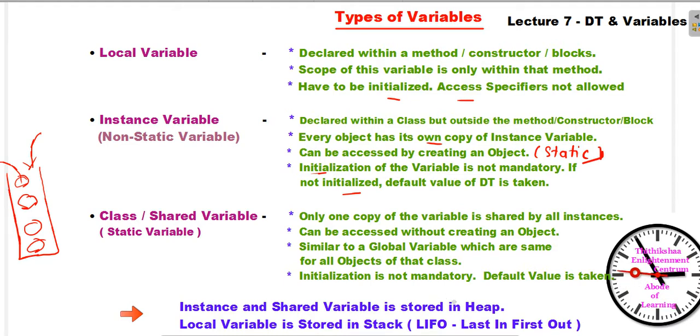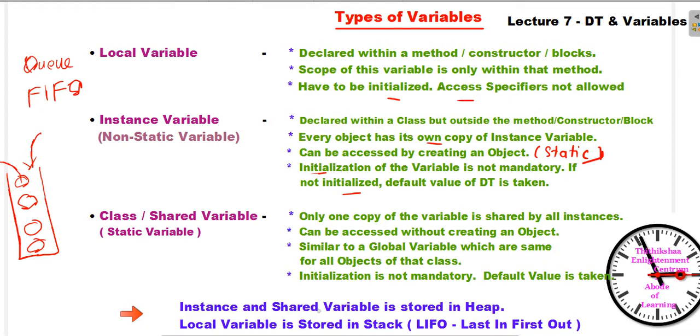And there is another data structure called a queue. A queue means first in first out. For example, many people are standing in a queue to get a ticket. The first guy or girl who came to get the ticket will be moved into the theater or wherever. So that is said to be the first in first out algorithm.